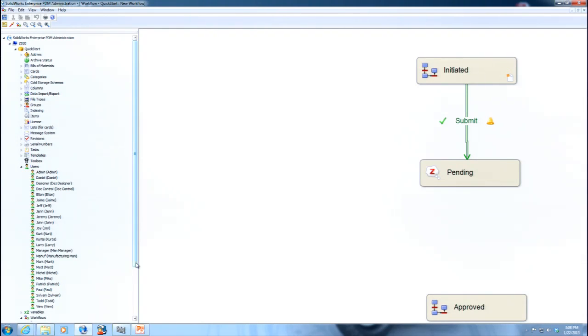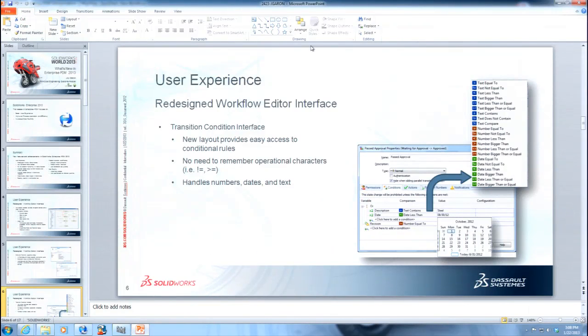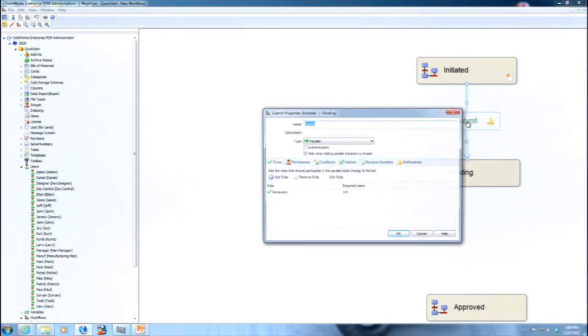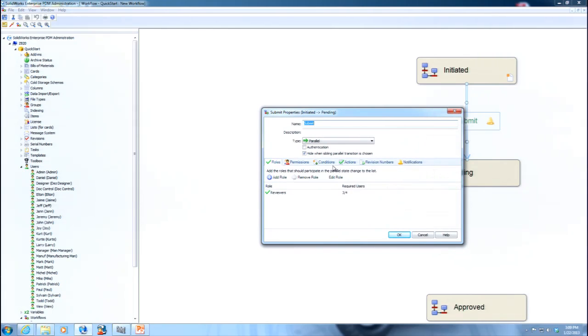Okay. Let's look back in here. Oh, I want to look at the transition condition interface. So on the transition, turn that off. All right. So back here, if I go to conditions and I want to add a new condition,